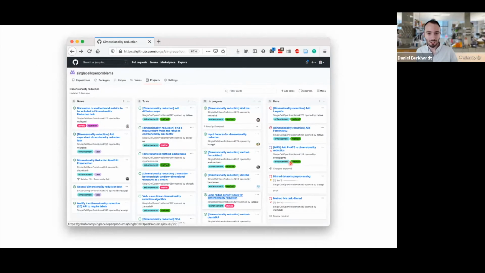And just to give you a sense of the organization that the community brought to this, this is one task board for the dimensionality reduction task. A bunch of folks came together to lay out how they wanted to frame and formalize this idea of reducing the dimensionality of a data set for visualization, into something that you could quantify and benchmark in a formal way.